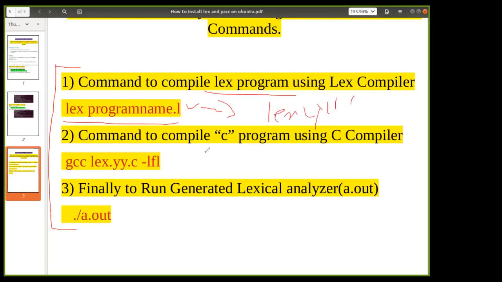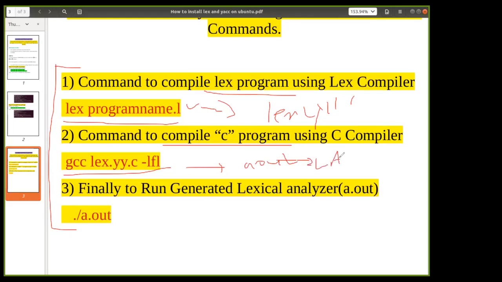Then you have to compile that C program using the C compiler, with the command gcc lex.yy.c -lfl. Finally, you will get the executable file a.out generated in the home folder itself, which is nothing but your lexical analyzer, as the first phase of the compiler.